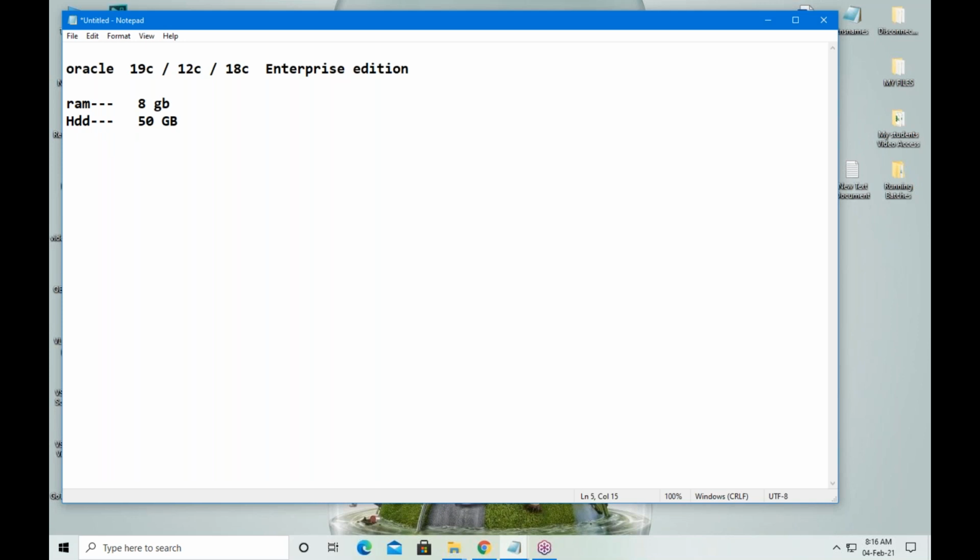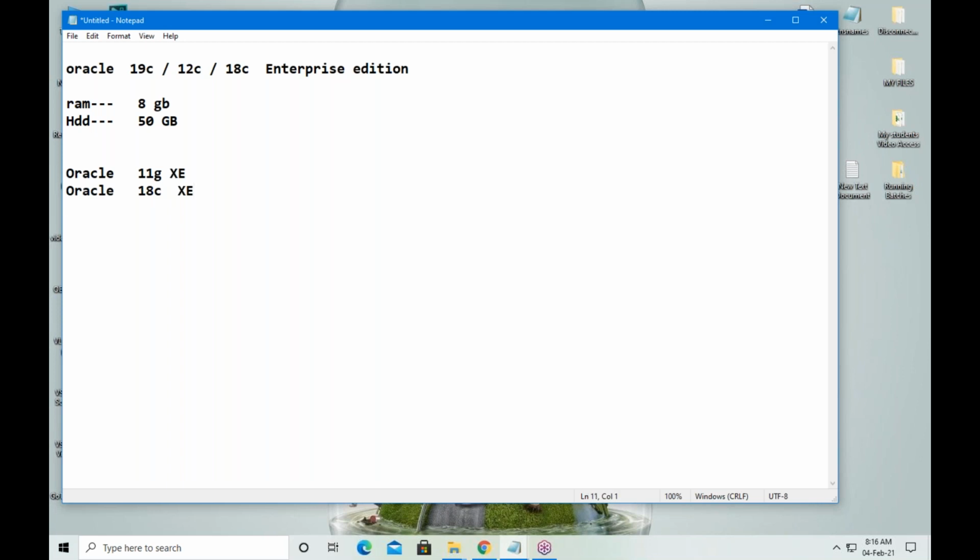If both are available in your system, then only install this edition. If you don't have this much configuration, then better to maintain Oracle 11g Express Edition. Oracle 18c Express Edition is also valid.